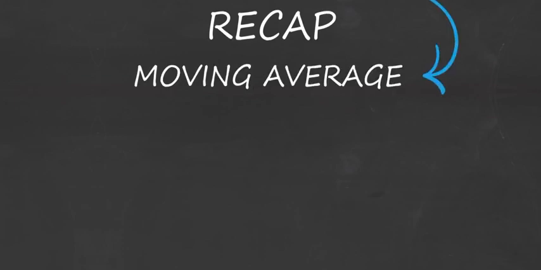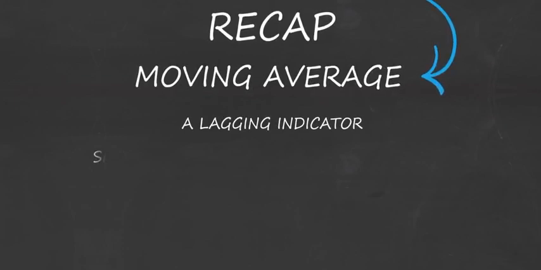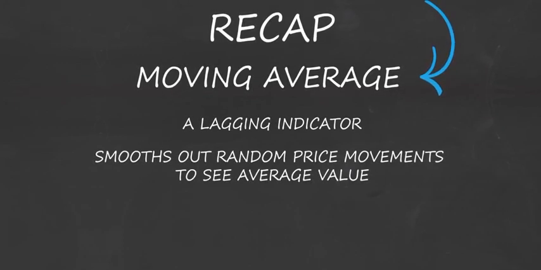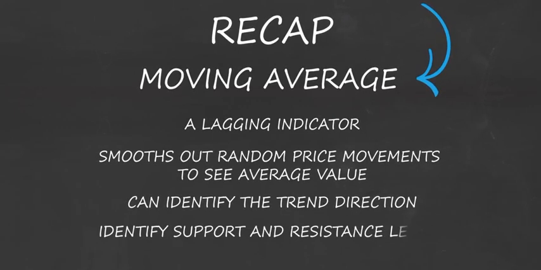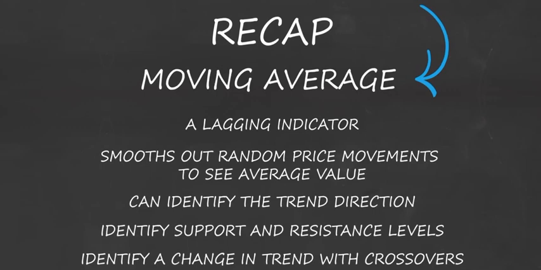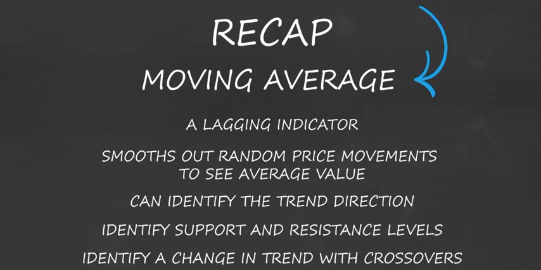To recap, a moving average is a lagging indicator that can help filter out the noise from random price movements to see the average value. It can help identify the trend direction, determine support and resistance levels, and can help confirm a trend reversal when looking at moving average crossovers. It is important to understand